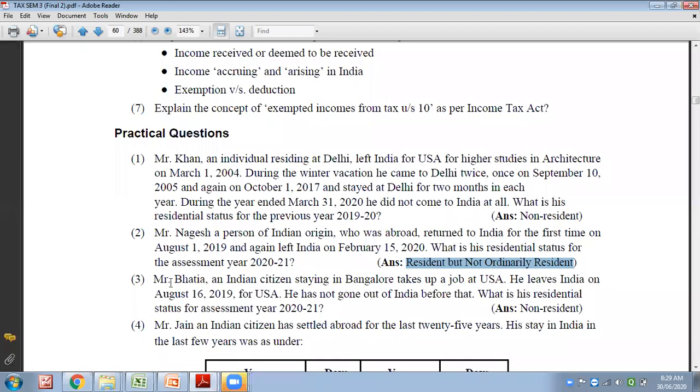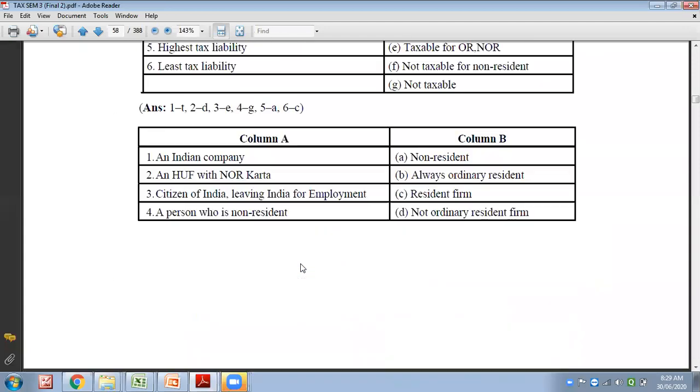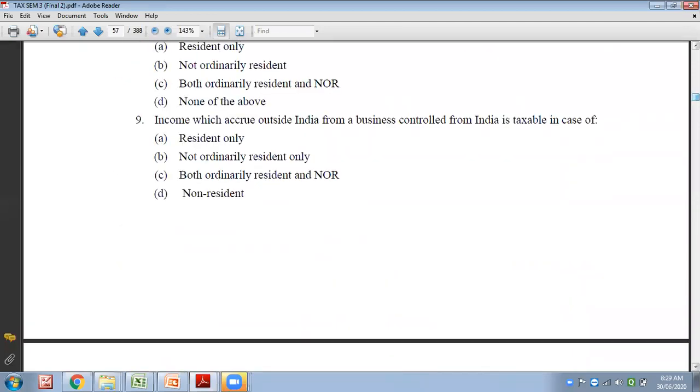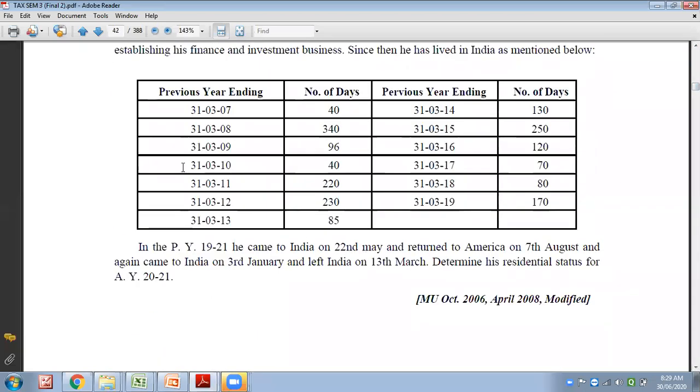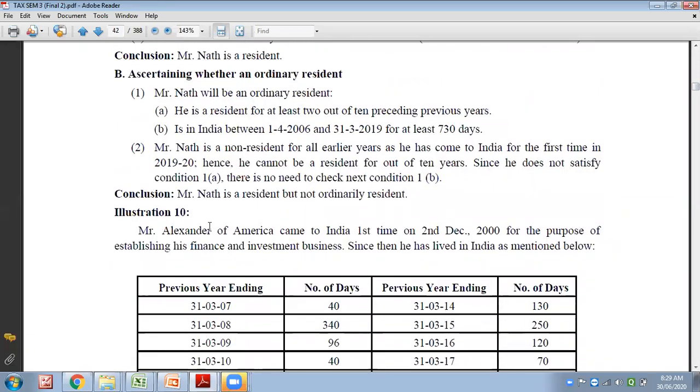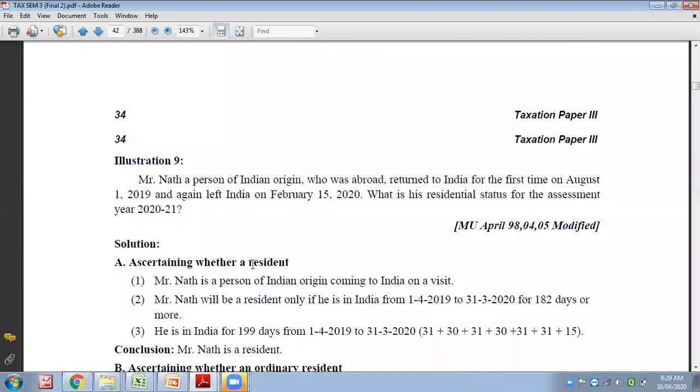Okay. Now what I expect is that you try this question. I know you might not be able to get the answer, but before trying this question, there are solved illustrations. Please go through them. Try to understand as much as you can. Then we will take it up. Don't worry. We'll go very slow. We have enough time. Try to understand this question and practice at home and enjoy learning taxation, which is very, very important.